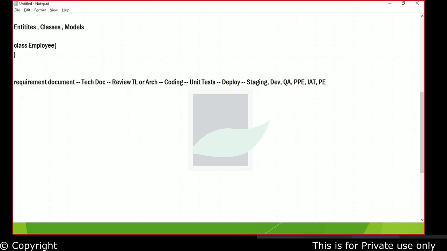So you have multiple environments where you will deploy your code. To keep it simple, once I'm done with my coding and unit tests, I'll deploy it to the staging environment. This is where the QA will pitch in and start testing my code. They'll log bugs. Once the bugs are resolved, now I can push it to production.